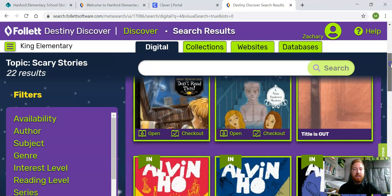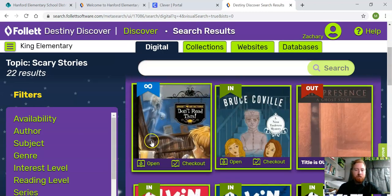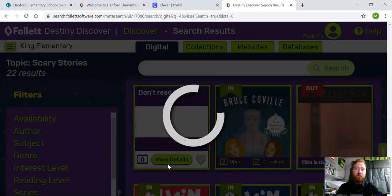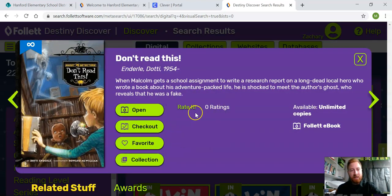These are just in sort of whatever order. So much like the library, you kind of have to look through the book and read it for yourself, a couple pages, which is easy enough, because once we click on a book, so we'll use Don't Read This as an example. When Malcolm gets a school assignment to write a research report on a long-dead local hero who wrote